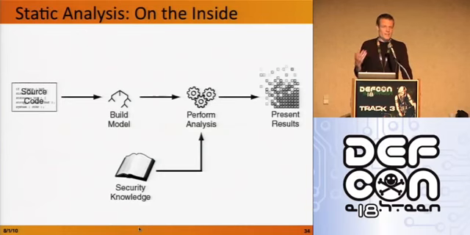So just to give you a little idea of what the inside of a static analysis tool looks like, the piece we're talking about is just one aspect of the tool overall. So source code comes in the front end, you build a model from that source code, you run various kinds of analysis on it, and out the other end come results. The piece that we're talking about changing are the rules. These are the definitions that tell the analyzer what to look for, what constitutes a problem. And here, it's very different from vulnerability detection.